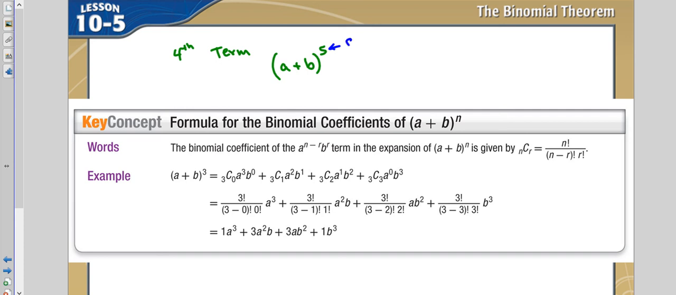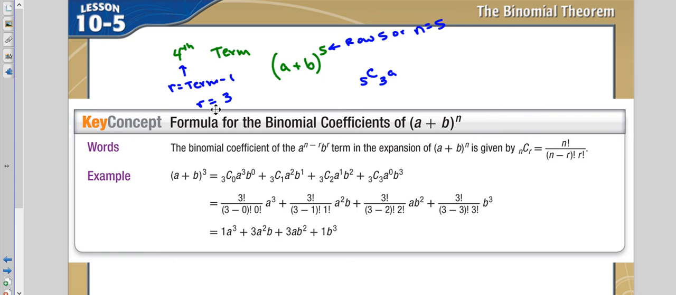So n equals 5. That's how many powers. The term, you always subtract 1. So the term, which we're going to say is our r, is r equals term minus 1. So r would equal, in this case, 3. What you would do is you would say 5C3, NCR, 5C3 of a,